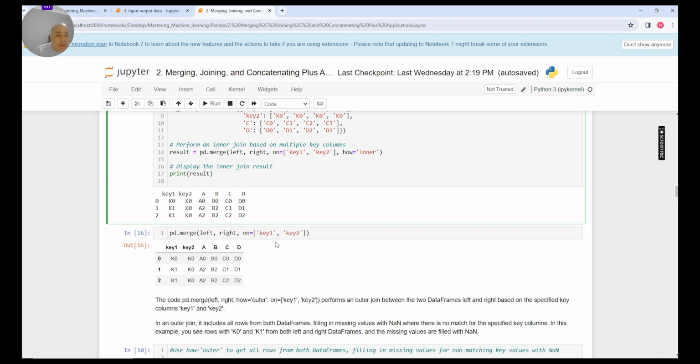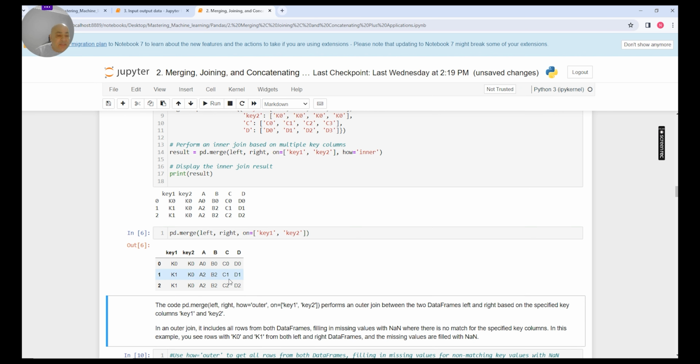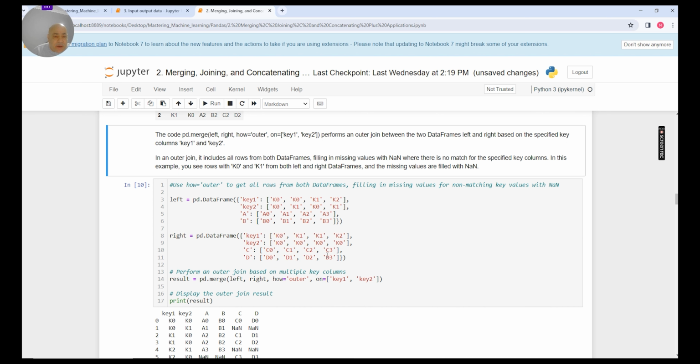Okay, now if I repeat that and see it's the merge, I just want to execute that by itself, I can run it and it actually gives me the exact same result. It's just because it's in a print format there, it gives me a different format where it puts a line there to separate the keys and the labels from the content of the data frame. Now if I want to use outer rather than inner, it will actually execute in a different way,